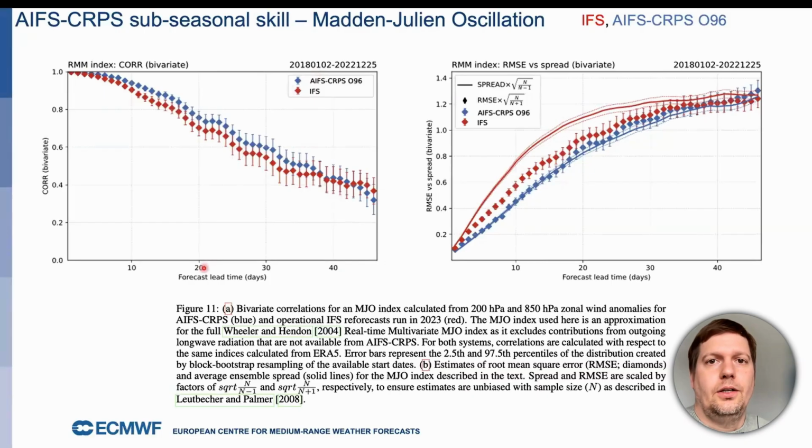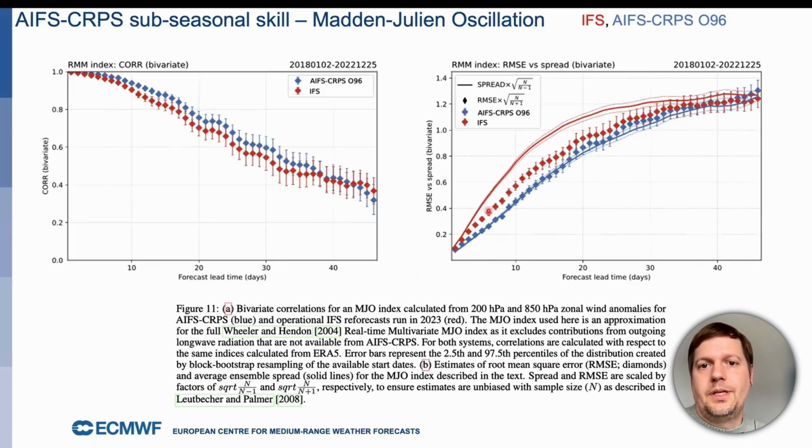One interesting property of the system is that you can also produce very skillful longer range forecasts. That is really an emergent property. You train on the very short range, like up to 3 days. But then if you run a forecast for months or longer, you still produce very skillful forecasts. Here is an example for the MJO. This is a correlation index, so higher is better. And you can see that a variant of the AIFS ensemble can even outperform the IFS ensemble.